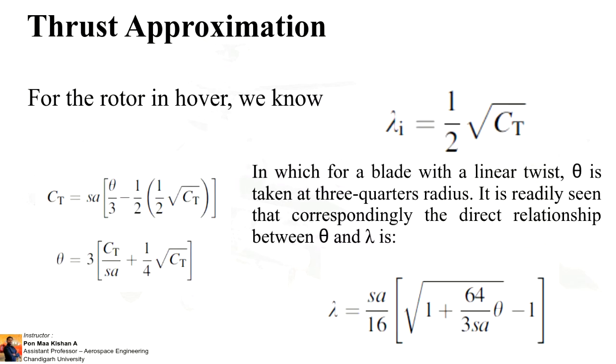If you are introducing the hovering condition, one of the important vertical flight conditions is hovering, because the most important advantage of a helicopter is that it can hover, and it can do vertical takeoff and vertical climb. If we compare with a tilting rotor system as well as thrust vectoring, and even tilting the wing for a fixed wing aircraft, the thrust required for those aircraft is higher than for helicopters. You can read about that also, that will be very interesting.